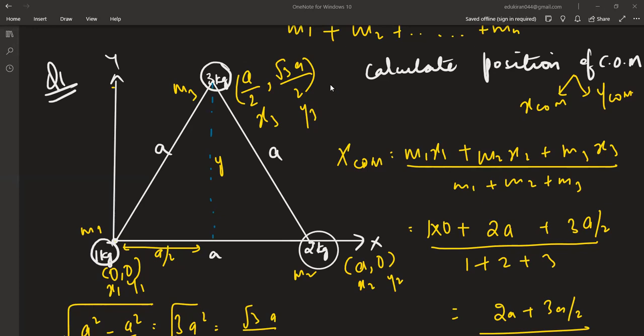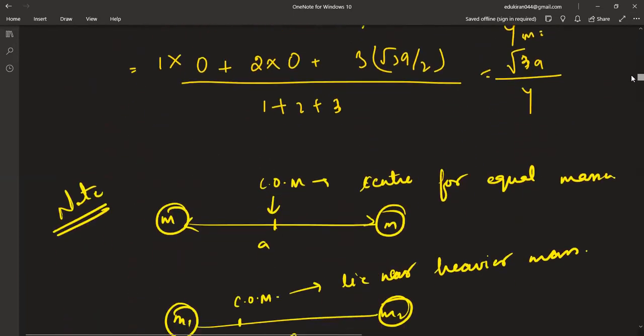Yes, ma'am. Okay. In the last class, we started with center of mass. Did you all appear for your after class assessment? I gave some questions based on center of mass only. If you weren't able to attempt the rest of the questions, you'll be able to today because some of